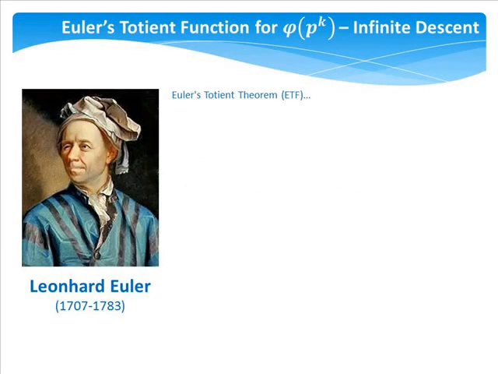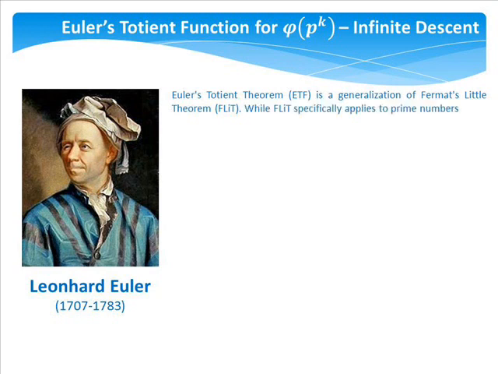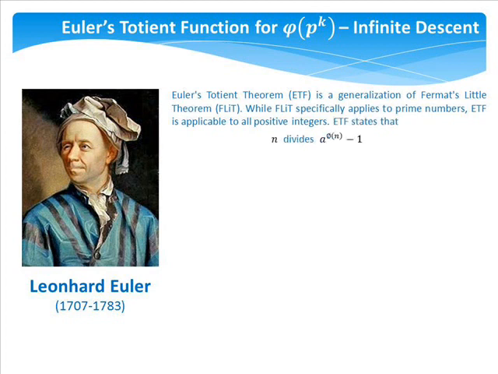Euler's Totient theorem is a generalization of Fermat's little theorem. While the latter specifically applies to prime numbers, the former is applicable to all positive integers. It states that n divides a raised to the totient function of n, minus 1, when n and a are